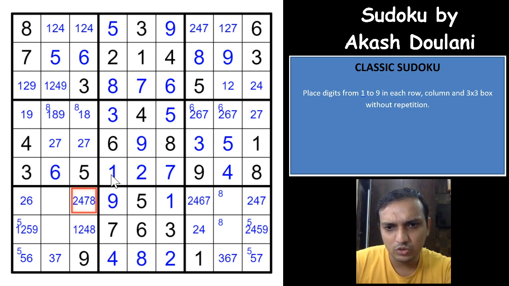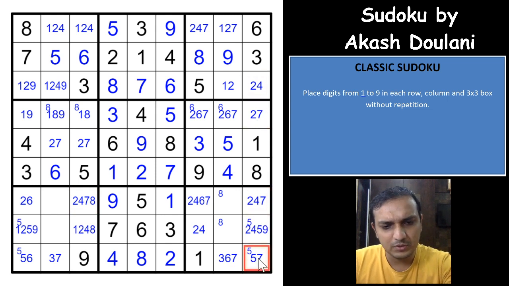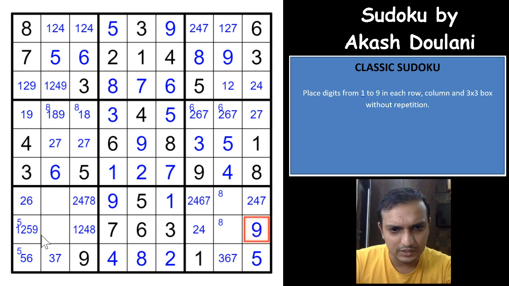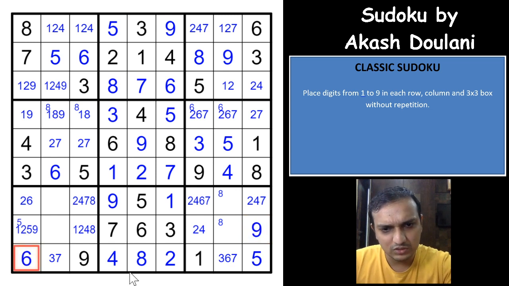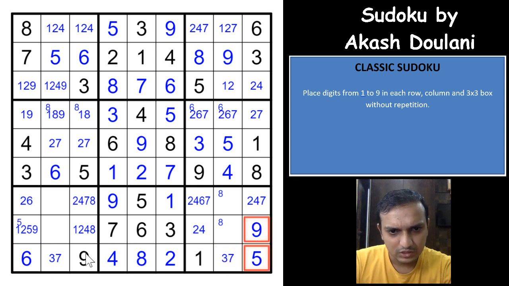Oh, you have a 2 4 7 triplet here, guys. Sorry, you have a 2 4 7 triplet. So 7 cannot be here. This would have to be 5 and 2 4 5. So this would have to be 9. Excellent. That gives you a 6 here. That eliminates 6 from this cell. That's nice. So we missed that.